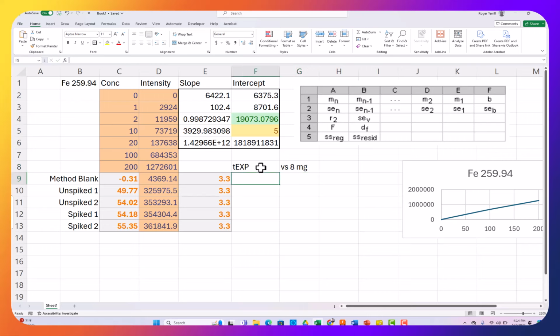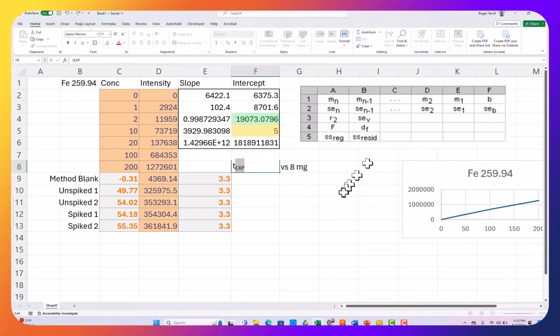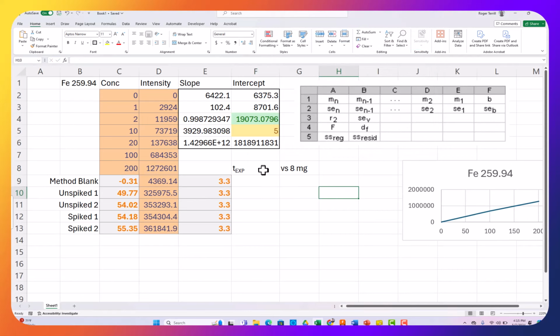I'm not sure how much the spikes were, but apparently they were fairly small here. So I'll just subscript these. And so this will equal x bar minus